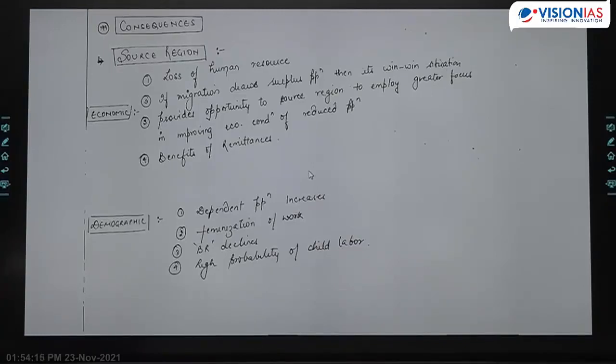For example, economic. Obviously, if the people who are migrating are the ones who are employable, are human capital, there would be a loss of human resource. However, if they are drawing off the surplus population, then it would be a win-win situation for the source region. They would also draw the benefits of remittances. In fact, जब ये